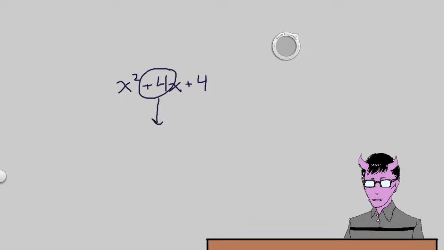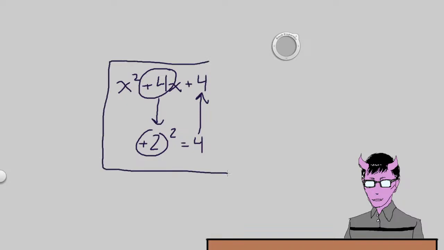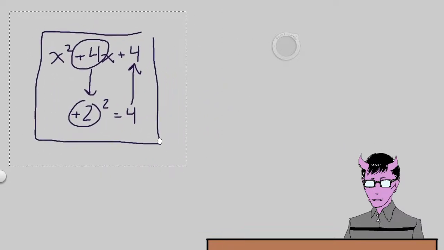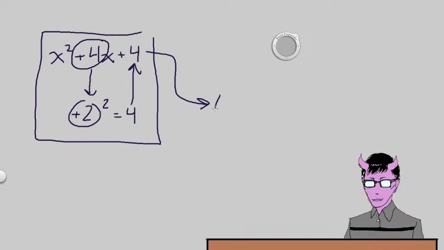So if you take half of this, it's going to be positive 2, and then if you square it, it is positive 4, which matches here, right? So once the set of conditions are satisfied, you could actually factor this one very quickly. It becomes x plus 2,